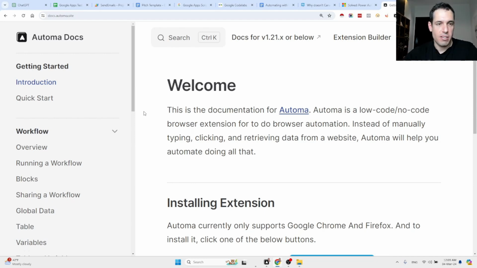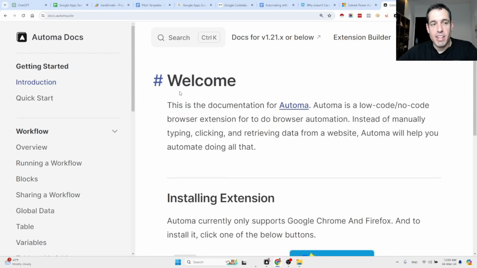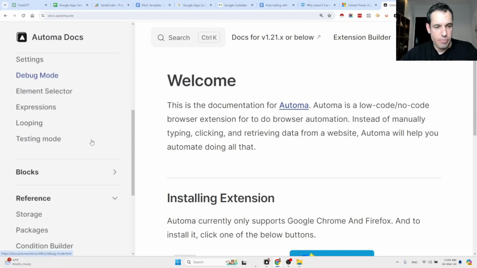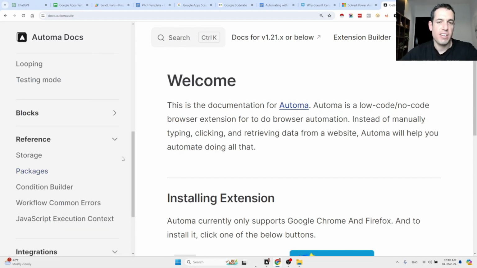offered by your solution. So for example, when I started working with Automa, I made it a point, first of all, to read all the documentation, just go over it, see the functionalities, and I also try to dedicate at least 1 or 2 hours, in 2x speed, to watching the top rated YouTube tutorial for beginners about the solution. In this case, in Automa, they don't have many tutorials, but I also did this because once you see the top voted tutorial for the solution, you get a better understanding of how people utilize the tool